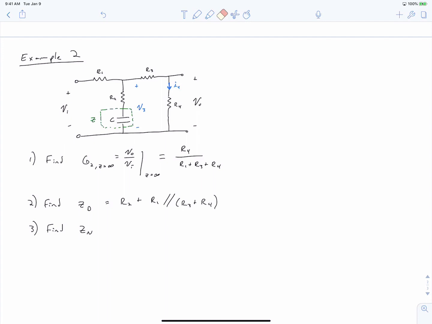The nulled output driving point impedance implies that our output voltage, V0, is equal to 0 volts. And if V0 is equal to 0 volts, that means that I4 must be 0 because there's no voltage drop across R4. And if I4 is 0, that means that the current through resistor 3 is 0, which means that V3 must be equal to V out, which must be equal to 0. So if V3 is 0,